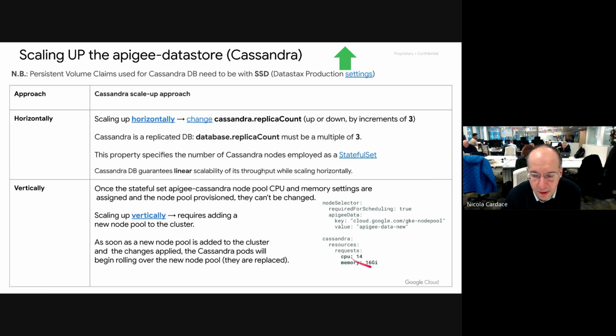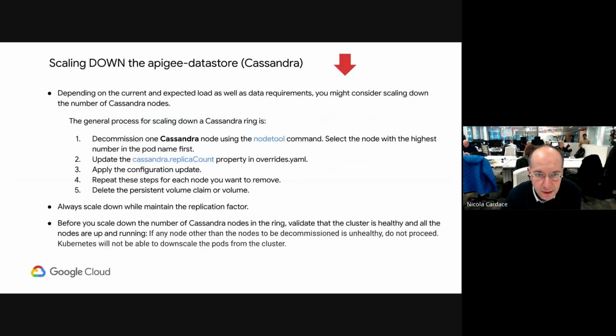What Kubernetes will do, slowly, is replace the old nodes with the new nodes, attaching the same volumes, so the data is not destroyed, with the new specs. That's how it works. And I have a guarantee that in a matter of a few seconds or minutes, I will have bigger database nodes instead of the previous ones. And you can do up or down as well.